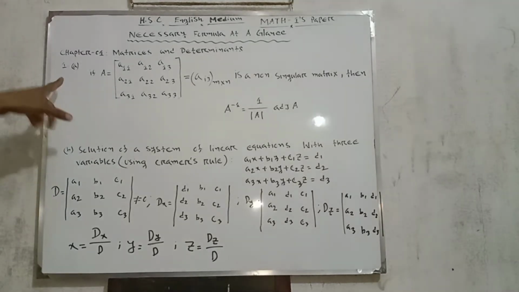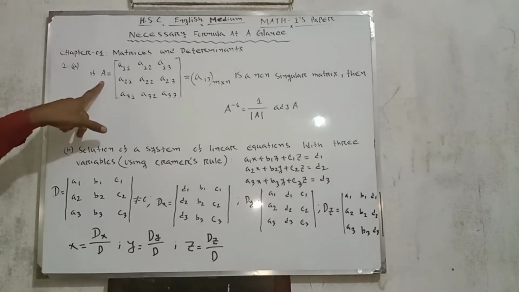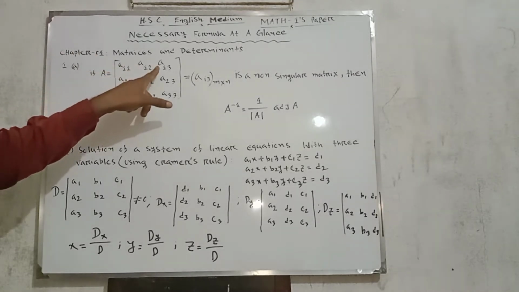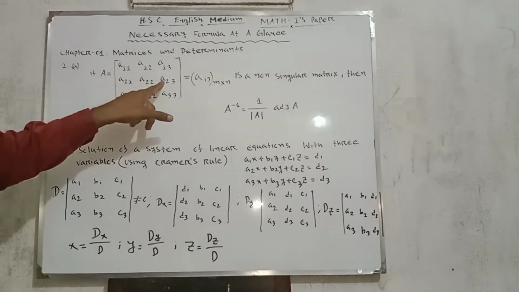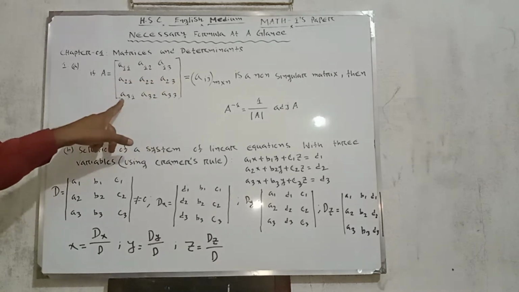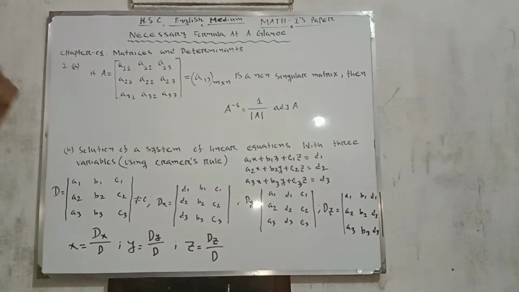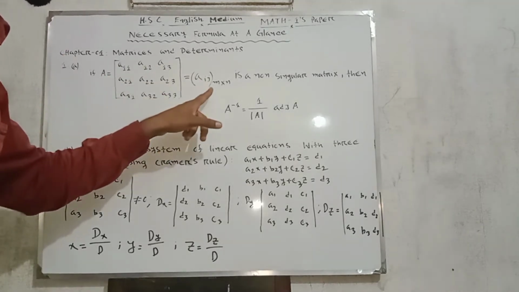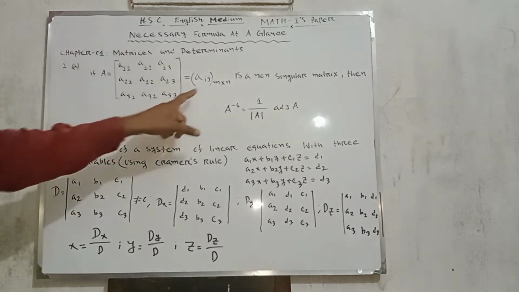First formula: if A equals the matrix A11, A12, A13, A21, A22, A23, A31, A32, A33, equal to Aij, covered with first bracket M into N. Ij means